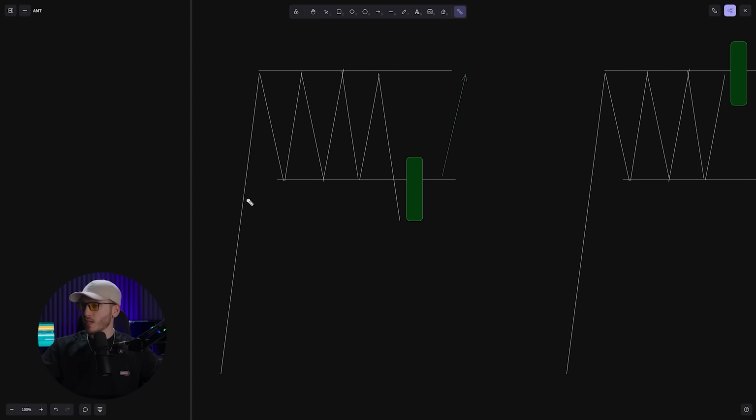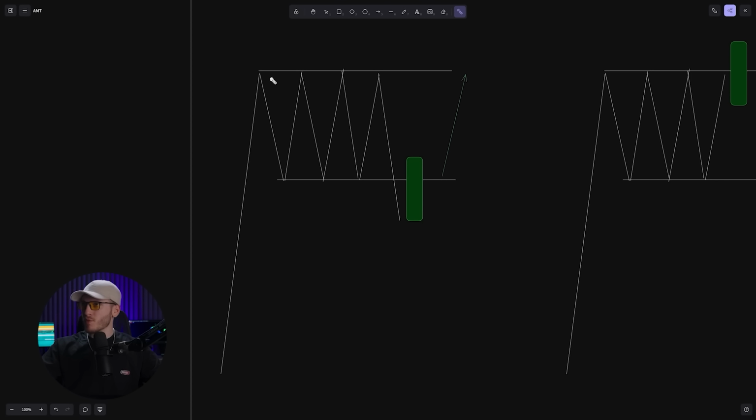And the P setup is based exactly on the concept that the auction was driven higher and higher and higher by aggressive buyers coming up and accepting to pay higher and higher prices as long as they can get filled, right? And at some point up here, you had sellers starting to get into the auction. So we know that this area of price is an area where it's likely to see sellers take control of